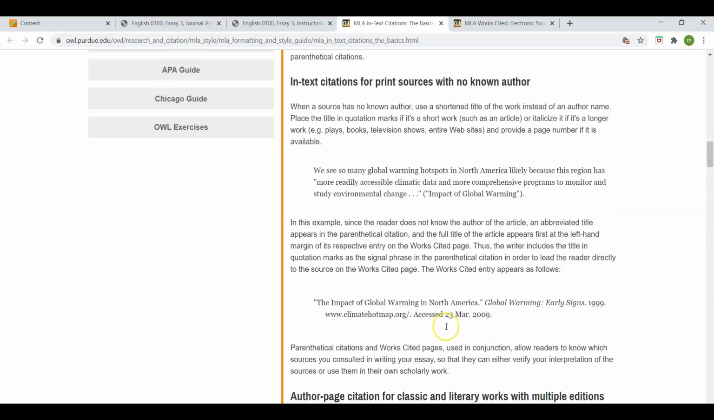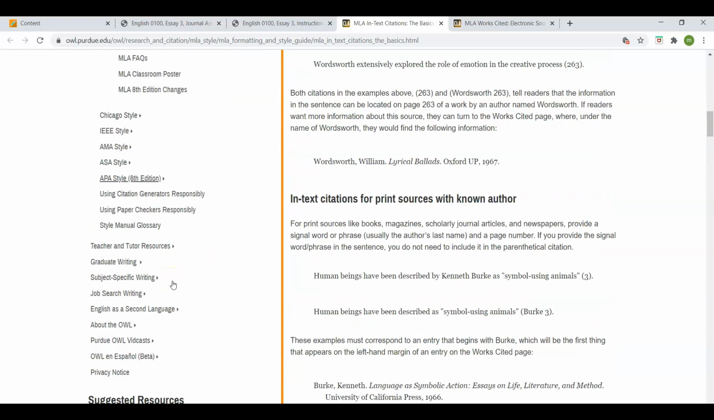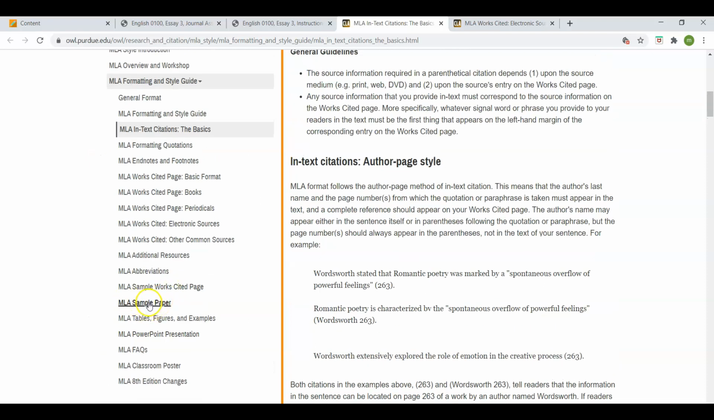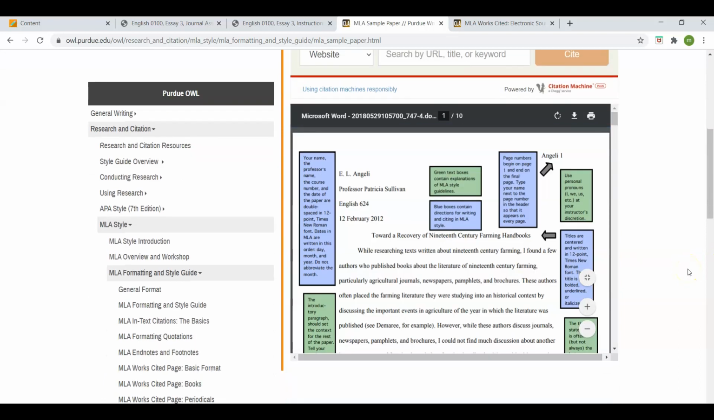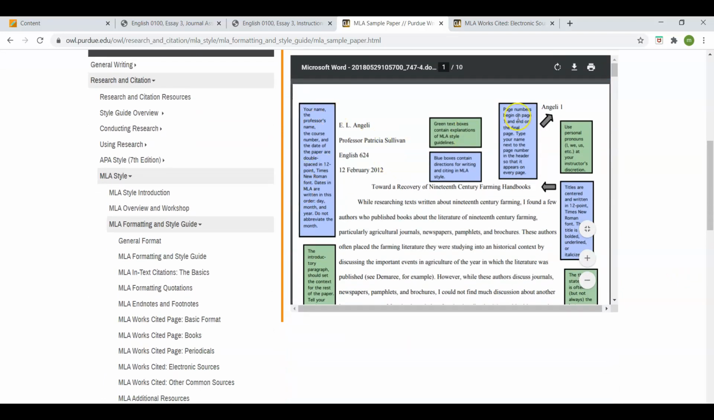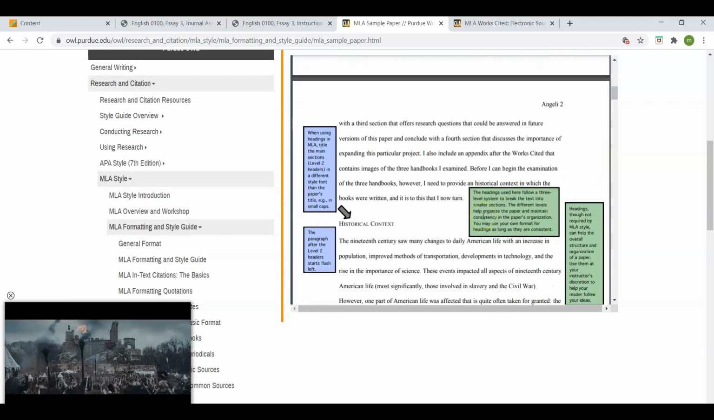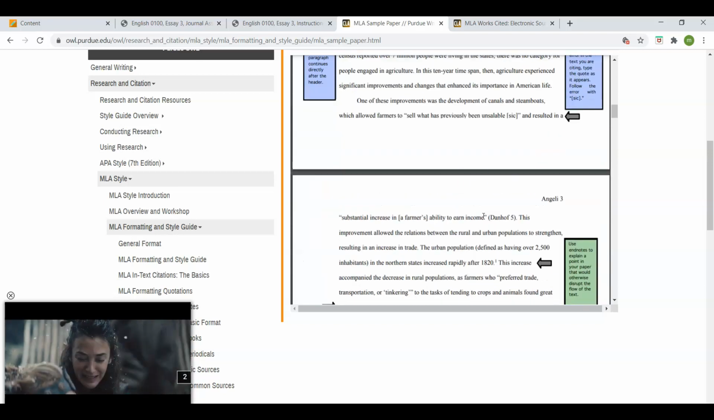Okay. I want to show you, let's see if I can. Let me see if I can do it. Yeah, MLA sample paper. Okay. All right, here it is. And please don't mind all these boxes around it, okay? In this paper,